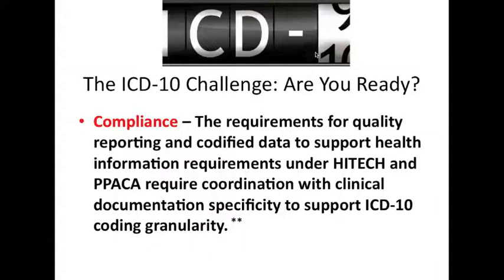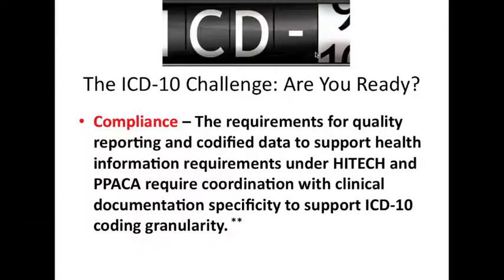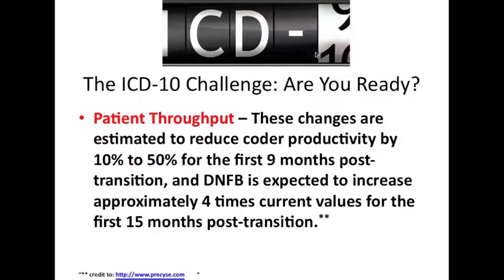So average is about $40,000 for one doctor practice. A lot of you have been already investing in ICD-10 for a couple of years now, and you're not waiting to the last minute. Also, cash flow disruption. I'm going to show you some statistics of expectation on what can happen, worst case scenario. So the financial risk is,